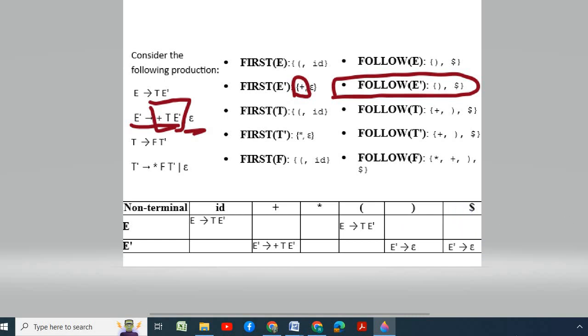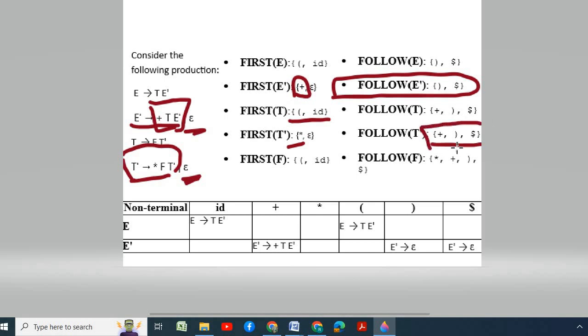Like this we have to write. Now we have to come towards T, that is T tends to FT dash, which has to be written in close parenthesis, open parenthesis and ID. And similarly T dash tends to star FT dash. This production, T dash tends to star FT dash, has to be written in star, and T dash tends to epsilon has to be written in plus